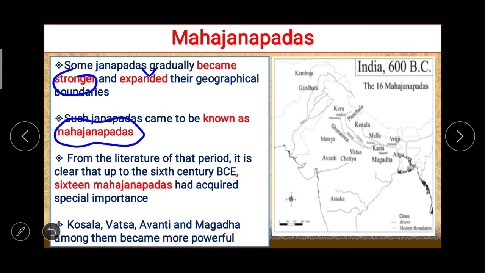From the literature of that period, it is clear that up to the 6th century BCE, 16 Mahajanapadas had acquired special importance. In that, Kosal, Vats, Avanti and Magadh became more powerful. Out of those 16, which were all very important and very big, if we choose, Kosal, Vats, Avanti and Magadh were even more powerful, and that you can find in the